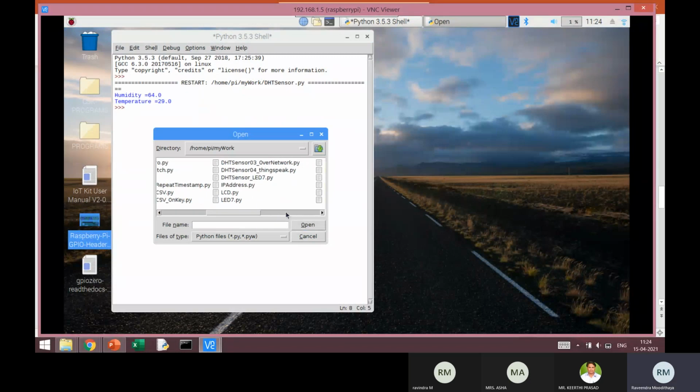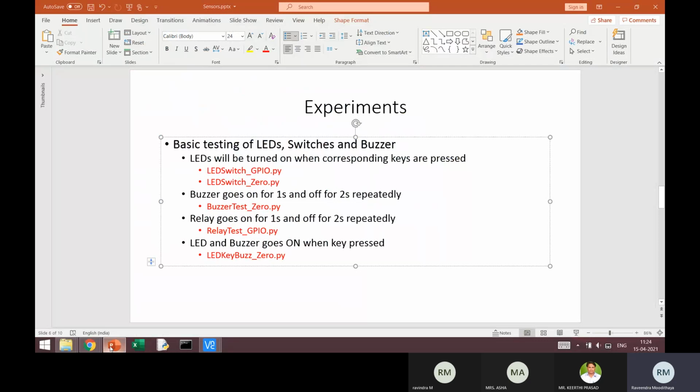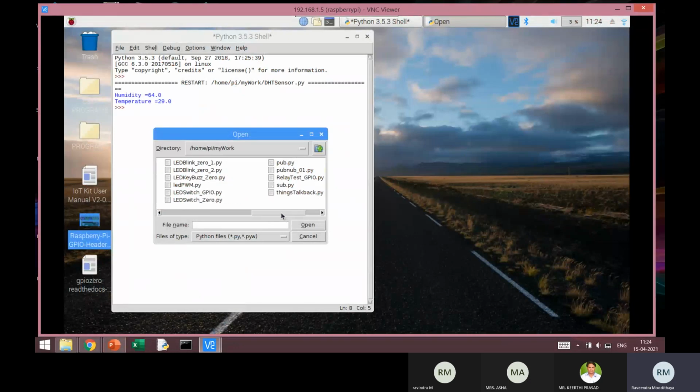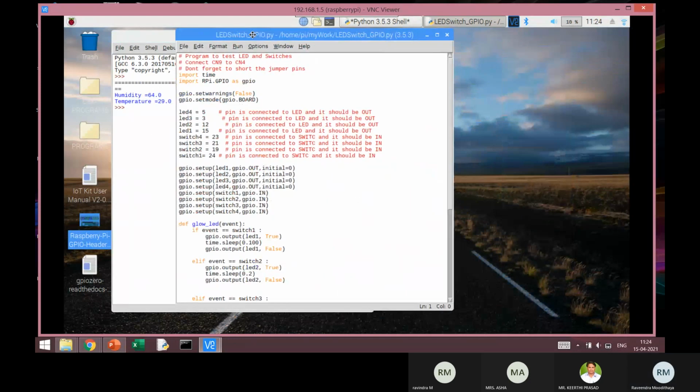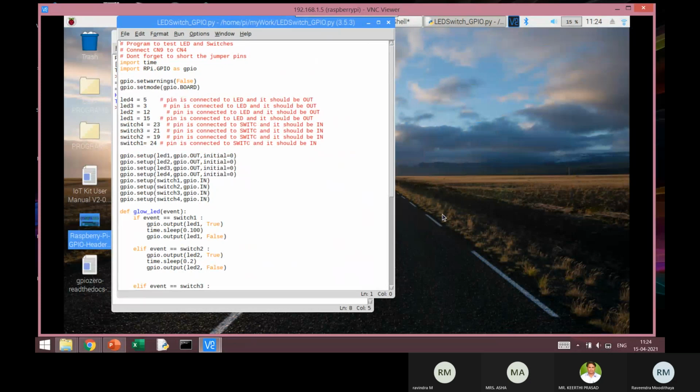The first code that we'll be working with is LED switch GPIO.